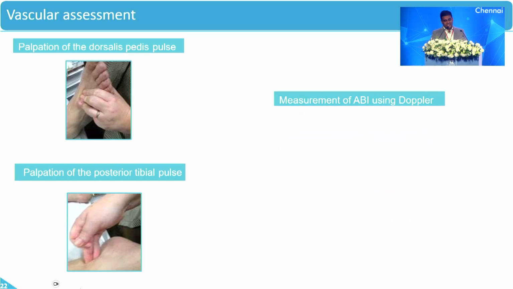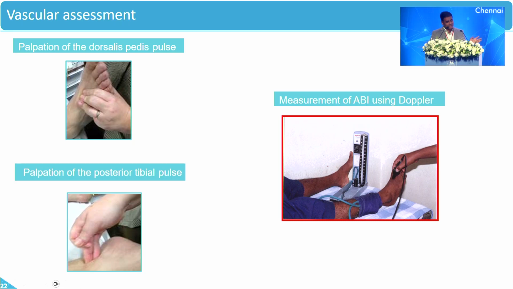of life of this particular patient. And vascular assessment, as I said previously: just keep a footstool in your clinic, ask the patient to keep both feet on it, and you can assess by simple palpation of the dorsalis pedis and posterior tibial pulses. If you have some doubt and are not able to feel a bounding pulse, obviously you can go for ABI or other further vascular assessment that will help.